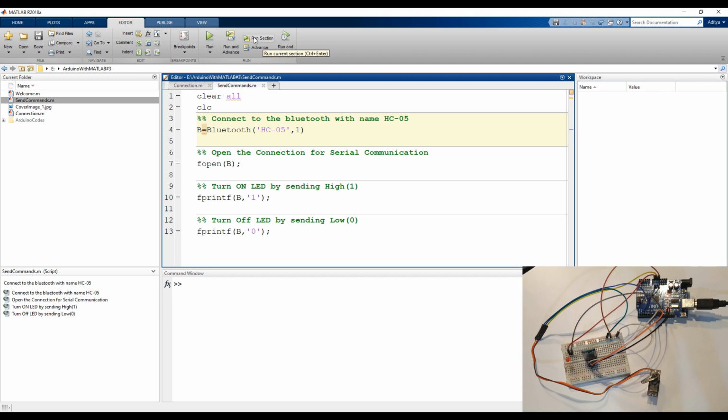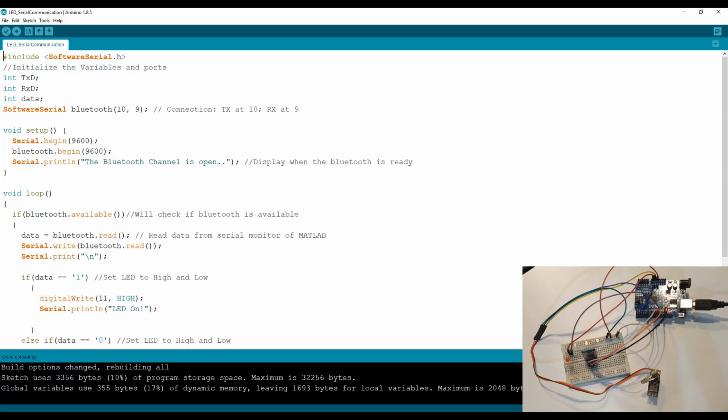Before I set up any kind of connection on Bluetooth, we need to program the Arduino for serial communication and for turning the LED on and off. So to do that, I'll open the Arduino IDE.